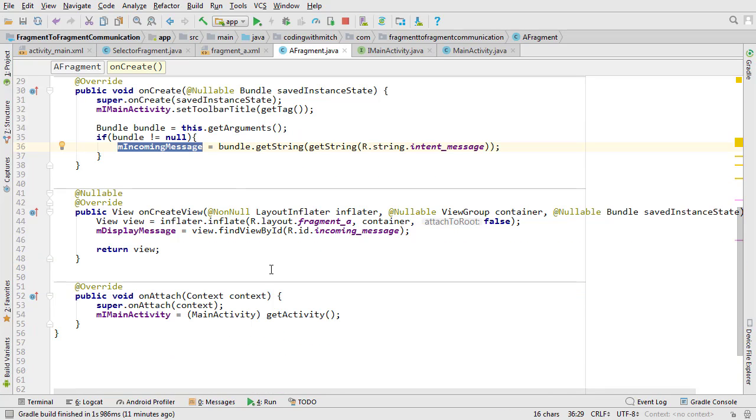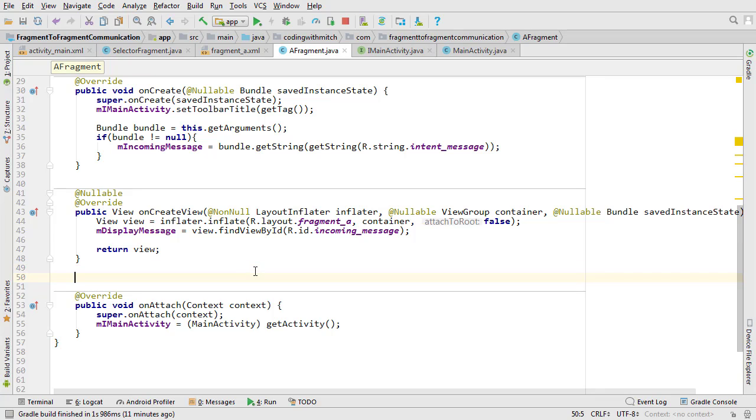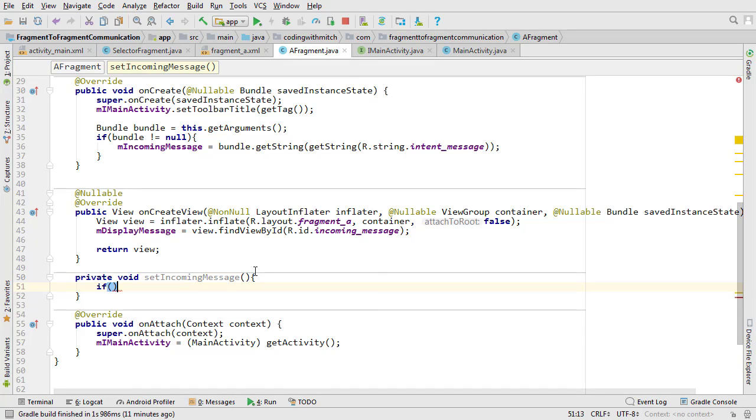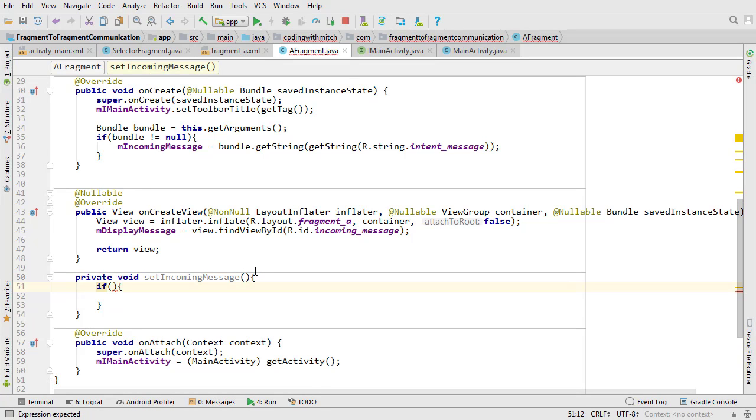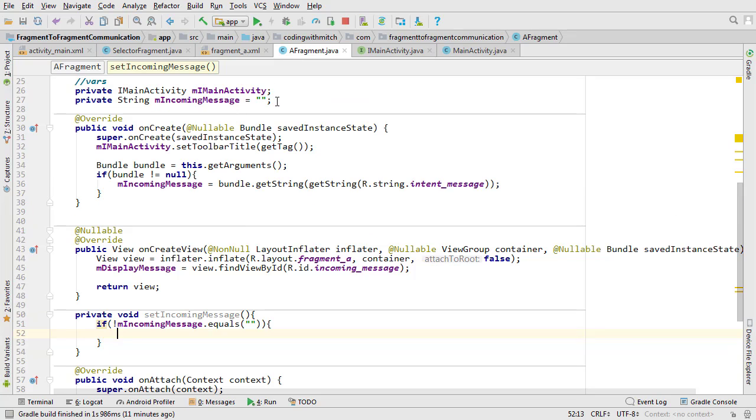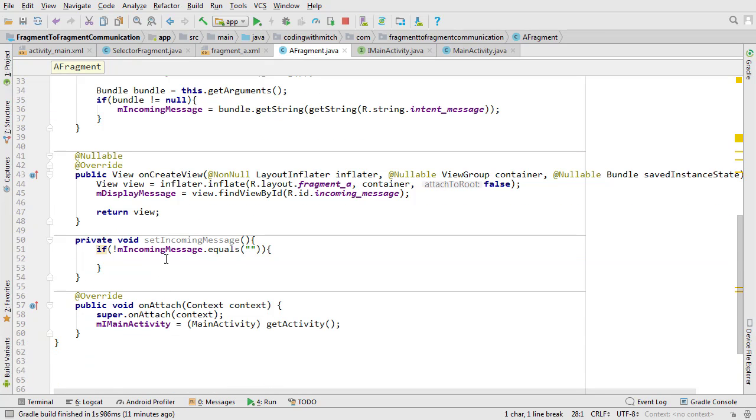So now what are we going to do with our incoming message? We need another method to handle that. So private void set incoming message, and we can just say if not incoming message dot equals blank. So if it's not empty, which is the case if it was not retrieved from the bundle, then we can just set it to the text view. So mDisplayMessage set text to